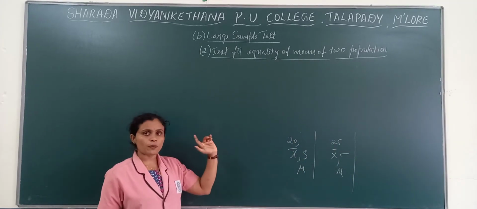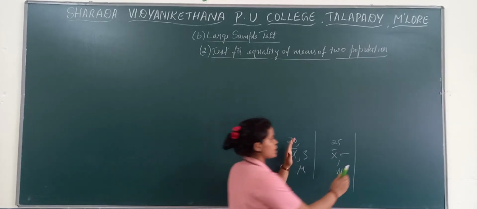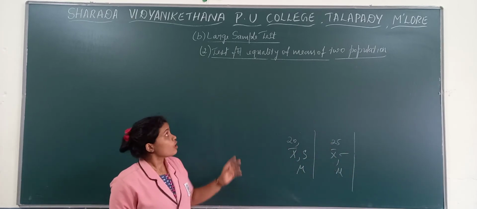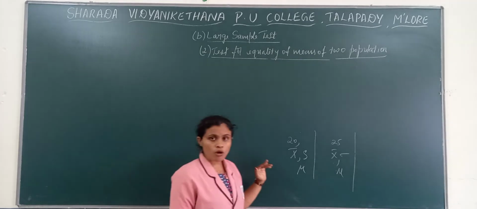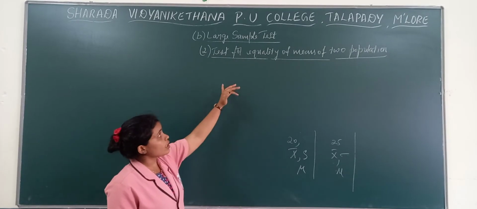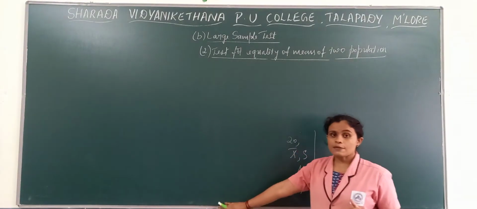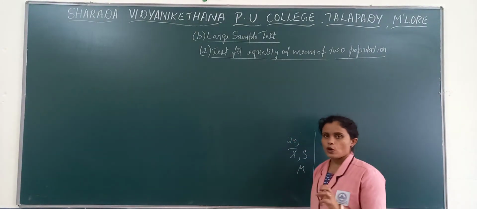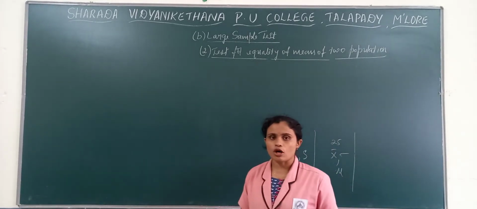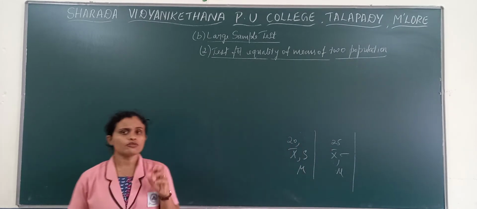In case of test for population mean, the first application, you were getting only one particular set of population. Here you get two sets of populations. So now we have to test for equality of means of two populations. In order to conduct this test, there are some steps. Steps are similar to test for population mean, with changes only in your null hypothesis and alternative hypothesis as well as test statistic. So you will get a different formula here.